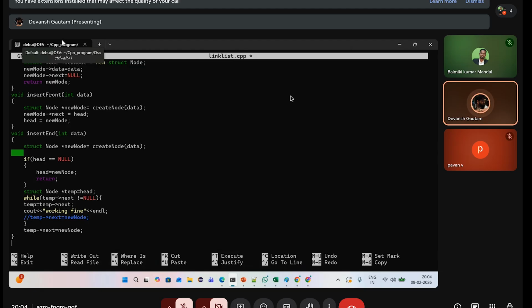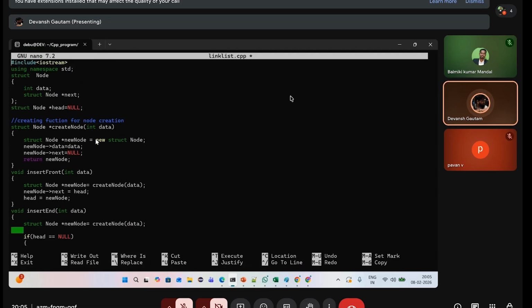Okay, so let me give you a quick recap of what we have done lastly. We have created a node structure which contains data as well as a self-pointing pointer. We call it a self-referential structure, and we have a head. First we create head as null. Then we have created some functions, for example, creating a new node. As we are giving it dynamically allotted memory,